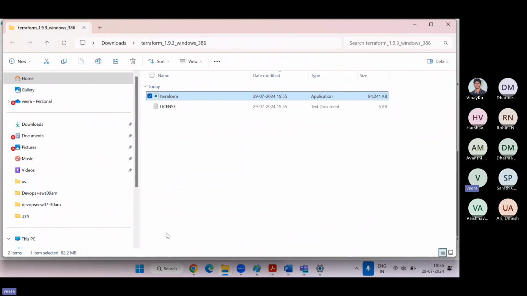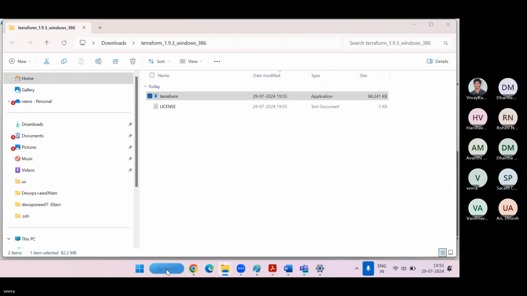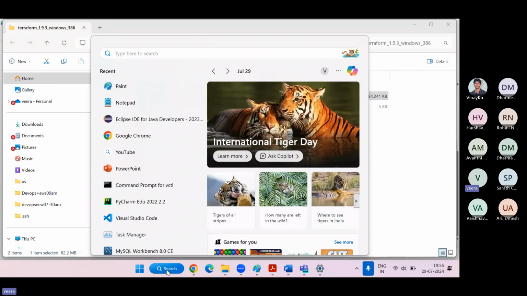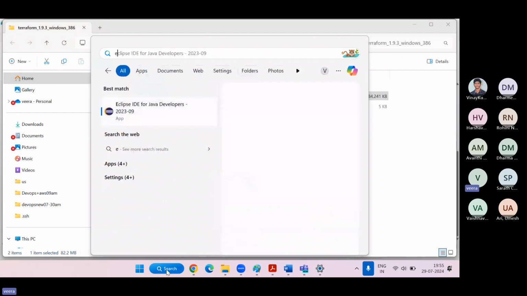After that, go to search, type env, and click on edit environment variables for your account. And next, click on the path.